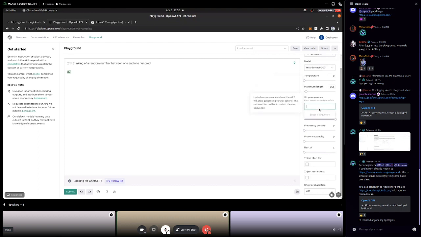The stop sequence is, well, if I see something in the sequence that I'm generating, stop generating. And that could be like end. It could be a quote. It could be a return statement, like a new line, right? It could be a lot of things. And you want to make sure that your stop sequences are set up right so that you don't accidentally not get information back or stop it, or it goes on too long. But this is also something you only see in the completion. This is not a chat completion parameter.